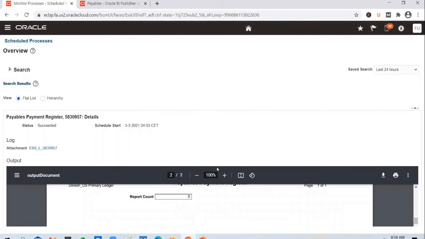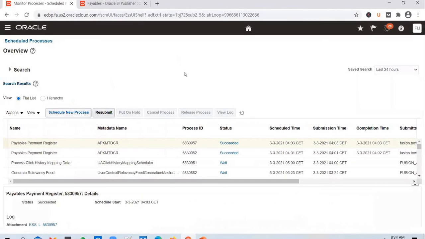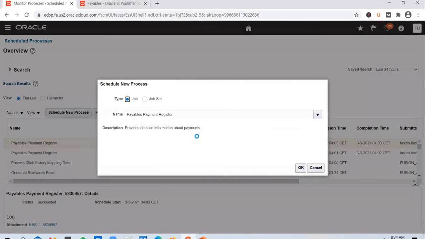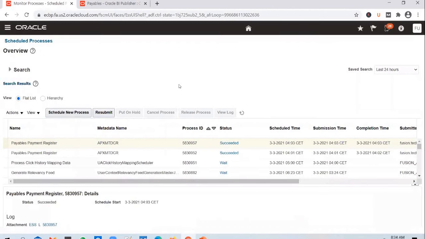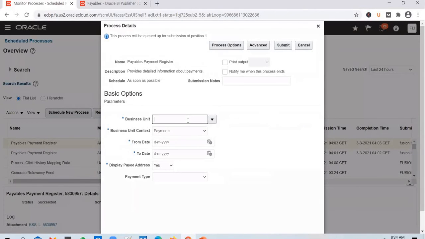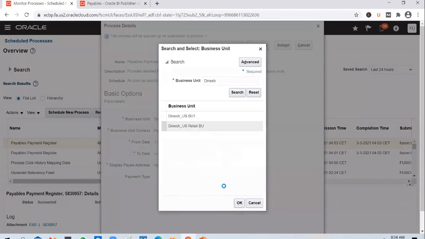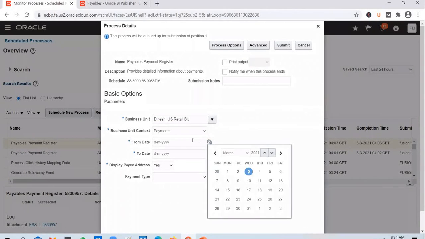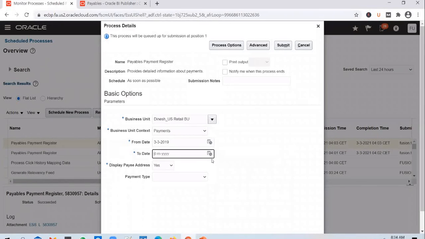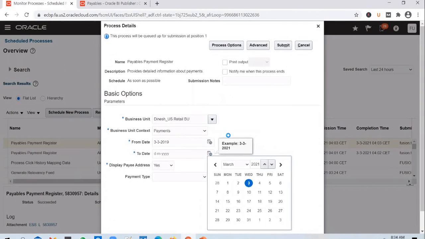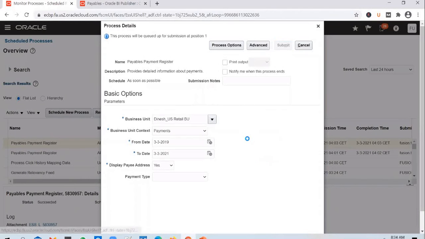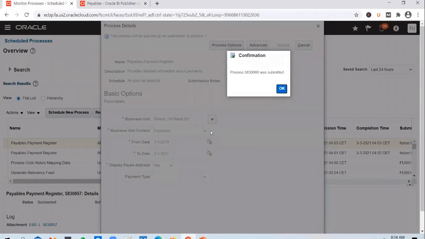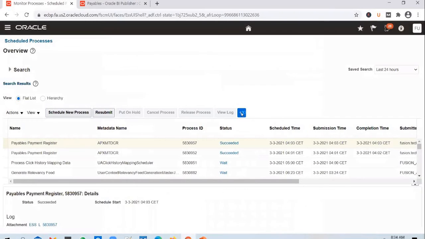It looks like there are no payments, so let's increase the date range. Let me run it for two years. Submit the request one more time.